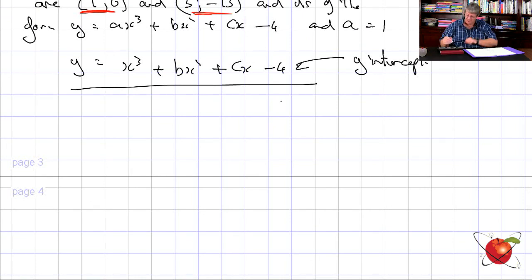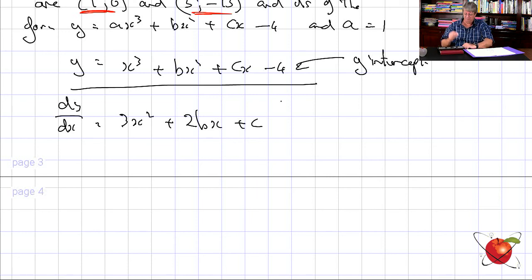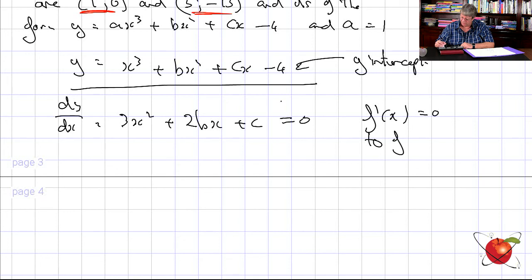Yep, you differentiate. So dy by dx to find those points is equal to 3x squared plus 2bx plus c. And what did I do? I put it equal to naught. So I put f prime of x equal to naught to find the x value of a